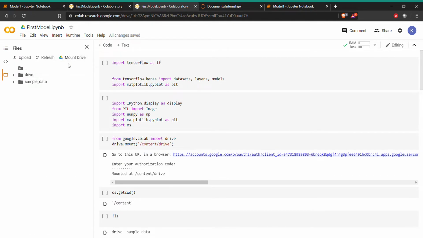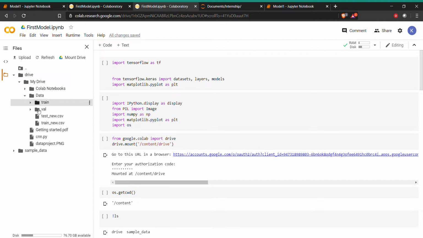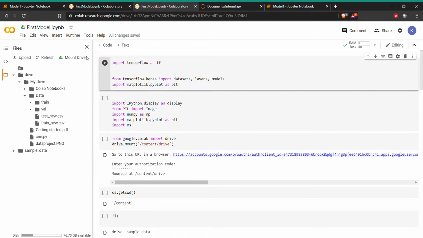We'll mount the drive, and if you open it, we have all our data over here. We have the train data and the val data, and these are the files for all the videos and related directories. So now we'll start with our modeling part.